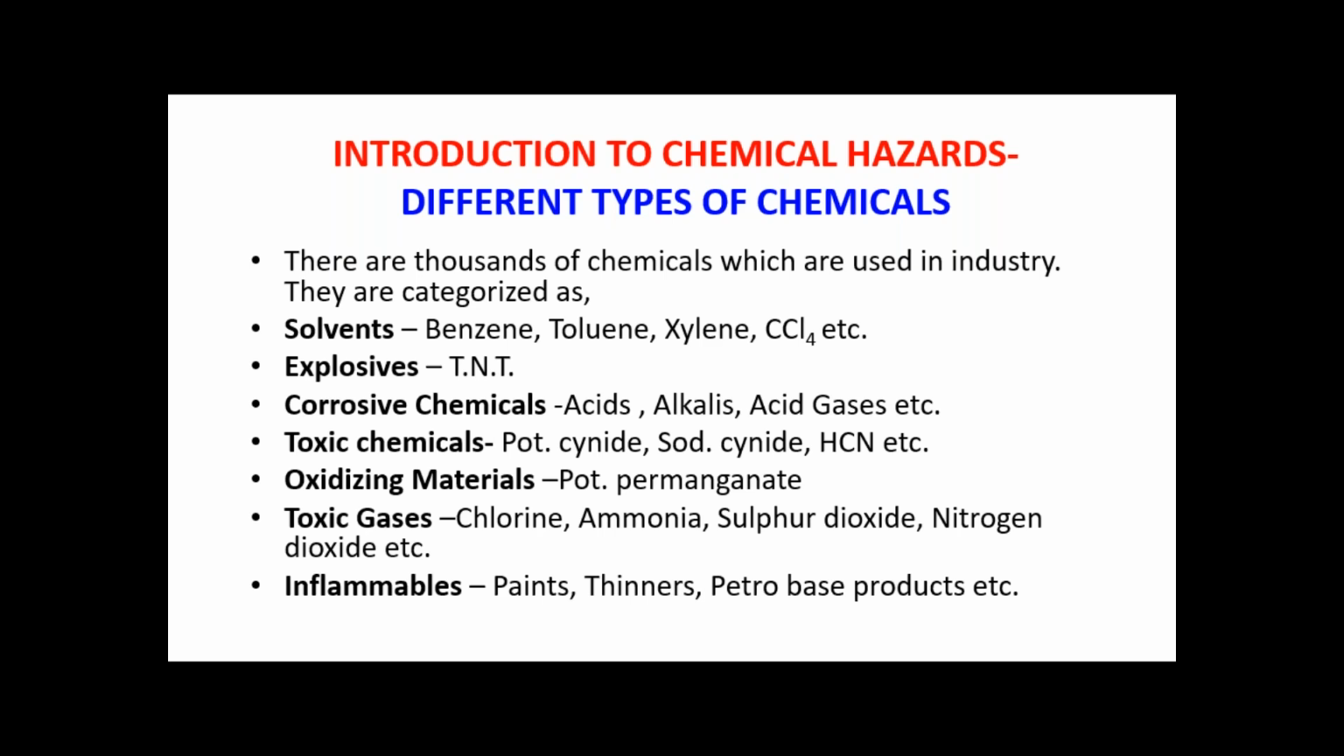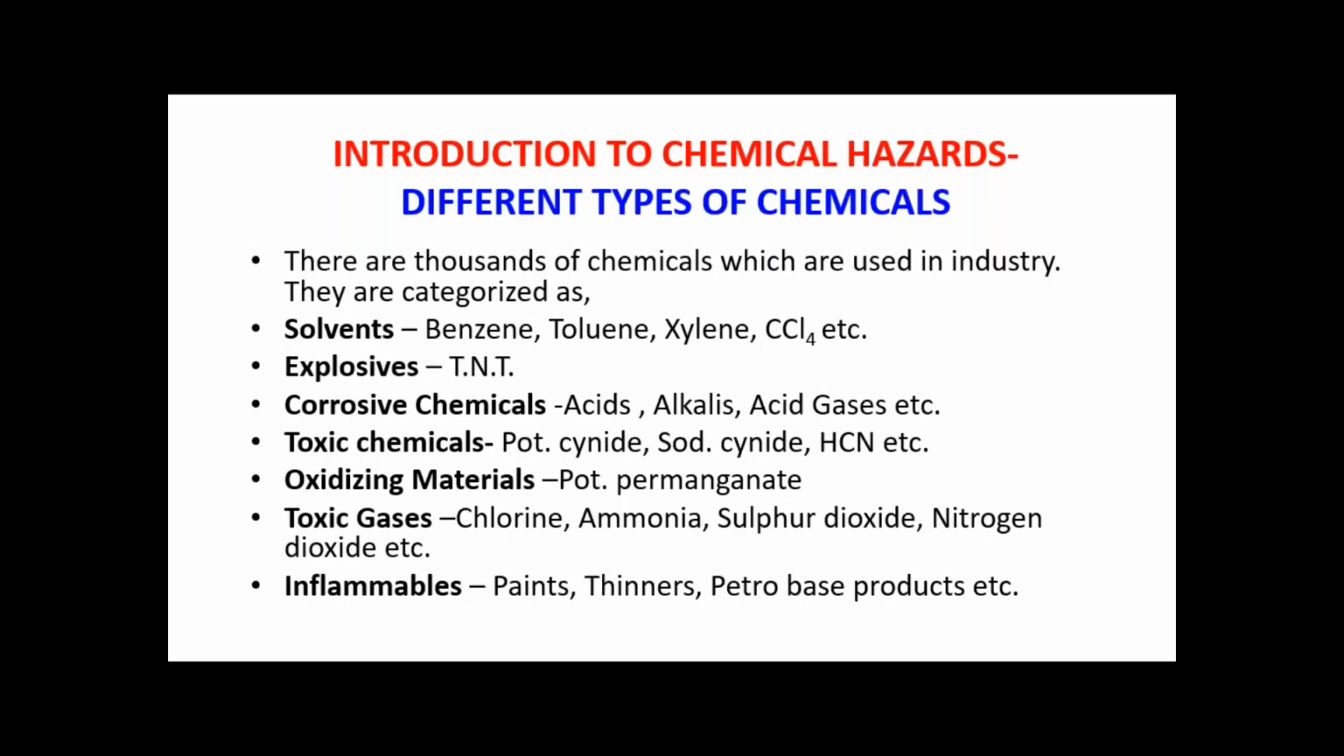But for chemical hazard control, we must know exactly what the types and properties of chemicals are that are used in daily routine in various types of industries. There are thousands of chemicals used in industries, like solvents, explosives, corrosive chemicals, toxic chemicals, oxidizing materials, toxic gases, inflammable materials,